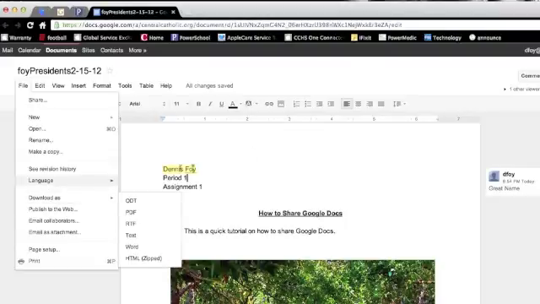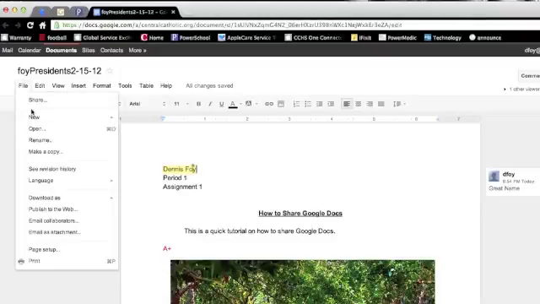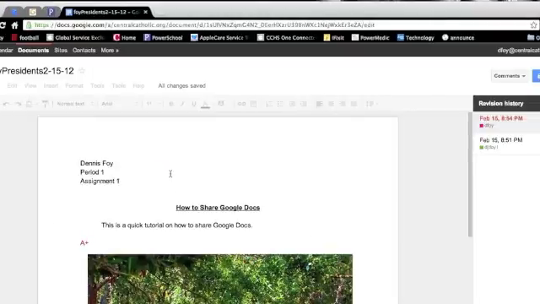Now one thing you can check out too is you might be worried that a student is going to come back and change their paper and then say, you gave me the wrong grade, I had it right. Well, there's a way to check that in here. If we go back into File, see Revision History, we can actually look at how this paper progressed. So right now we're going to look at